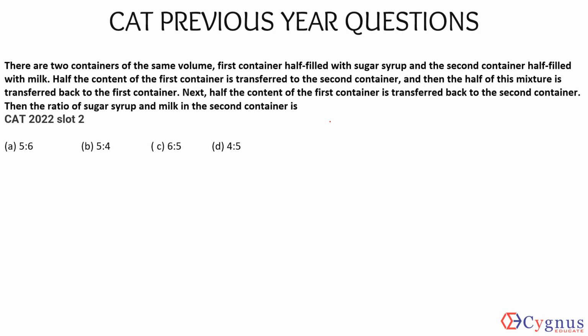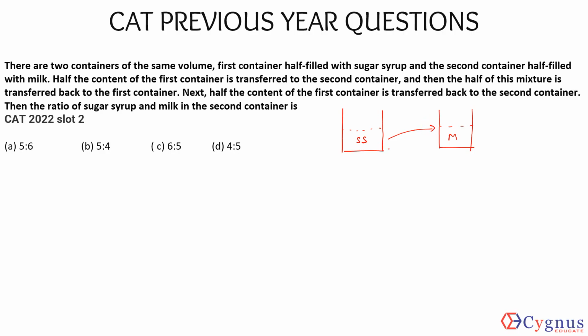There are two containers of the same volume. First container half filled with sugar syrup. Let's say this is the first container. This is half filled with sugar syrup. And the second container half filled with milk. We have milk only. Half the content of the first container is transferred